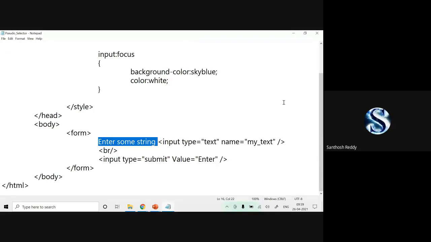So there will be one input text box and one submit button. I have specified the tag name input colon focus. When I place my cursor there, it gets focused, with the background color sky blue and the color white.